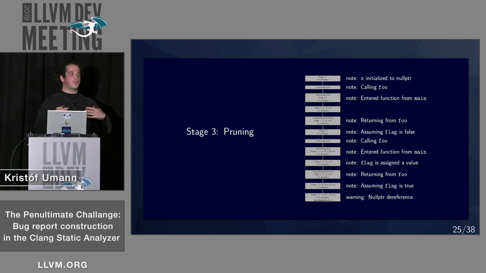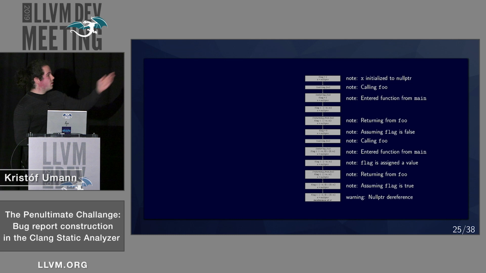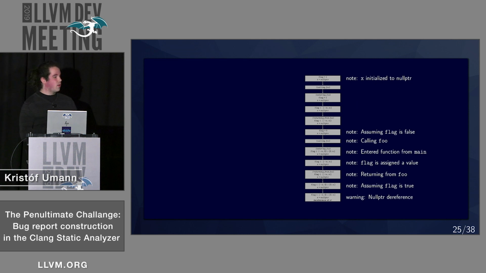So now we will use interestingness to prune parts of it away. And if you take a look at the first function call, it doesn't really describe anything interesting. So we can prune that away. And after this point, we are basically done with the bug report construction. The analyzer will emit some sort of a file to describe this bug report that can be used by